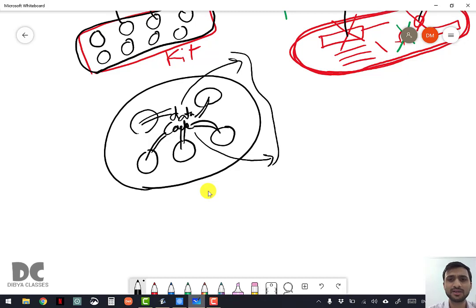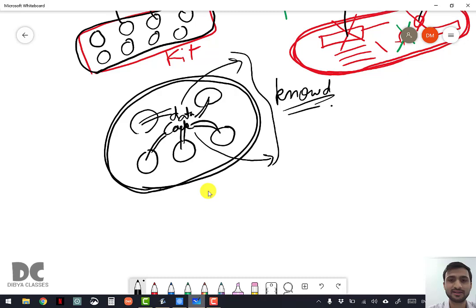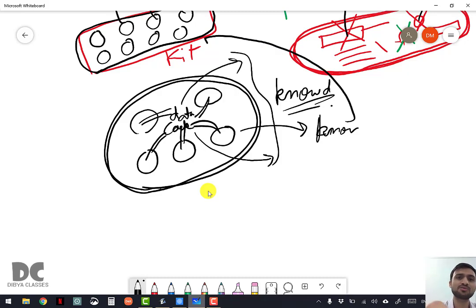That is nothing but knowledge. Data is information, knowledge you can say, right? So the class is nothing but your knowledge. It contains the knowledge of how to use the tools actually. It contains the instructions of using the tools, when to use the tools, how to use the tools, right? In the form of methods.